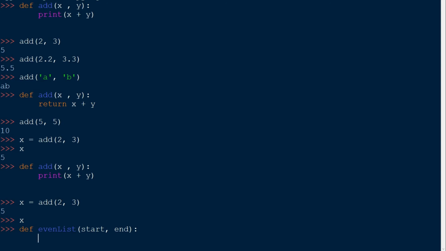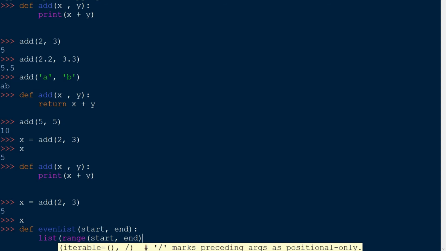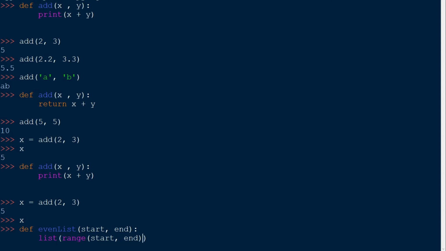For this I'll use the range function, range from the starting position till the ending position, and I want to convert this range to a list. So I'll type list over here, and now I want to return this list, so I'll type return before it.